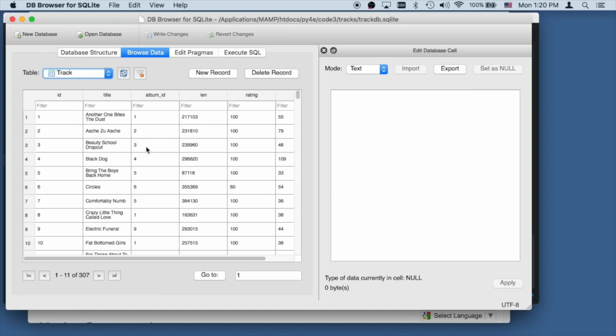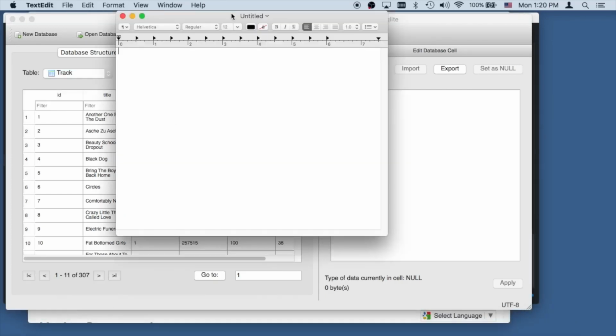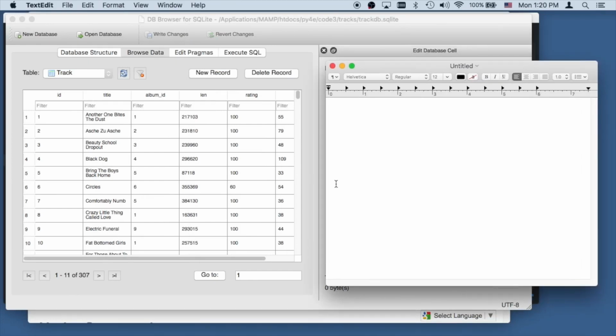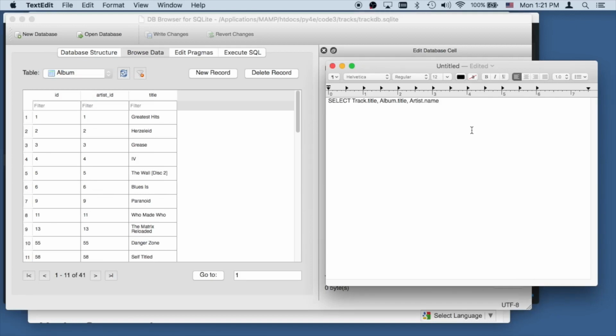So if I was clever, I could type some SQL. Oh, great. If I was smart, I'd have had this in a paste buffer. So select track.title, album.title, artist.name. I think artist has names and albums have titles. Yes. Okay, so I can do that from track join album,